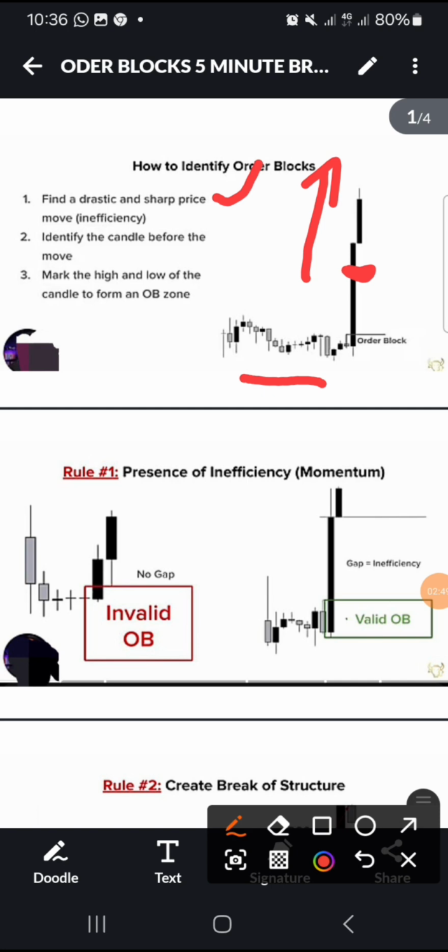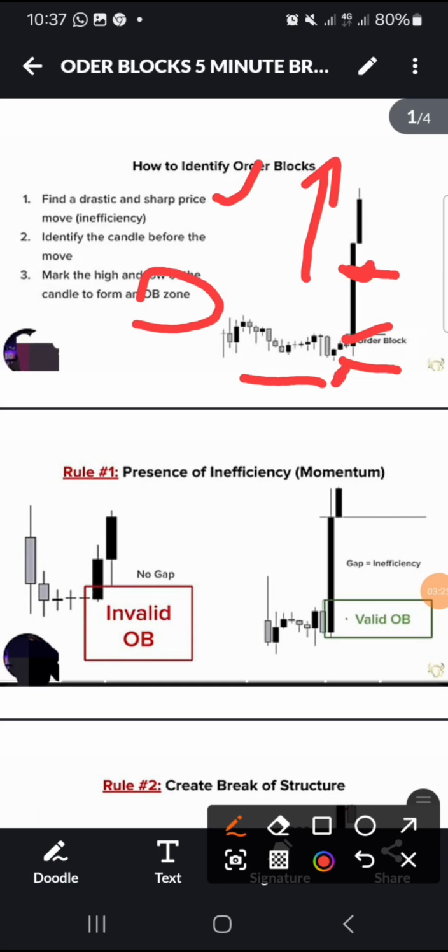Okay, so next, identify the candle before the move. So the candle before the move is just right next, after leaving this candle, just the candle next to it. Then mark the high and low of the candle to form an OB zone. So we're going to mark the high of just the candle after this candle. We're going to mark its high and its low, to form an OB zone, which is an order block zone. Okay, so having known how to identify that,